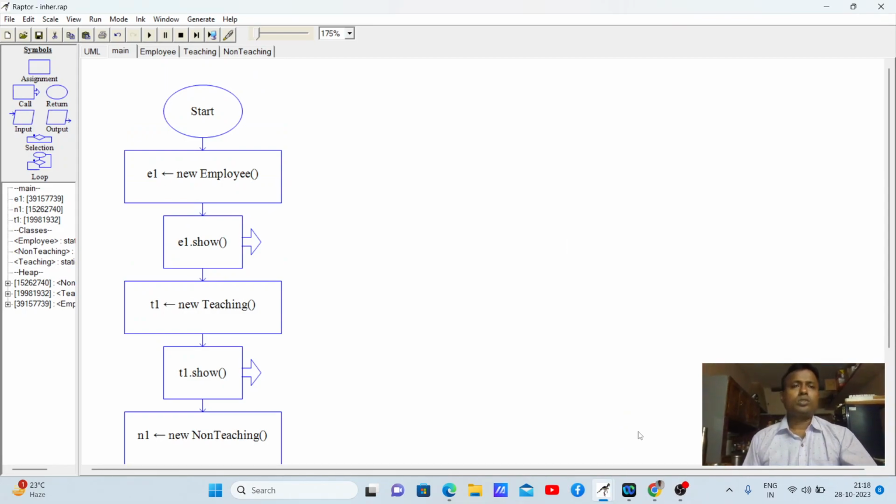Good evening, students. Today we are going to learn about how to design the flowcharts for object-oriented concepts. So, one such concept is